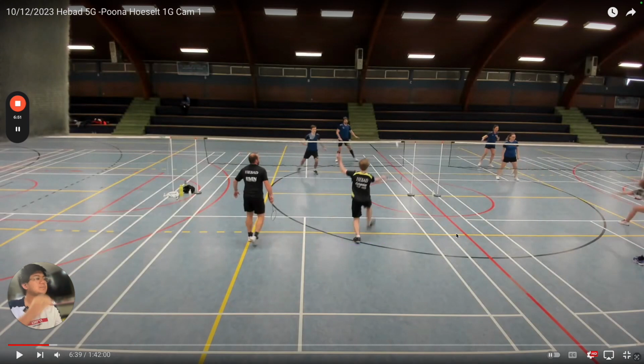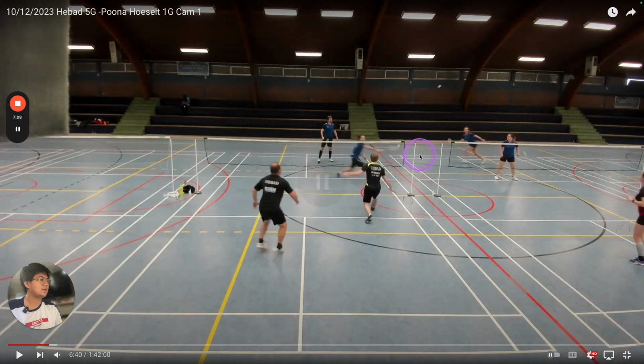So here, I wouldn't have played this shot just because you're approaching it like a net shot. You're showing very early to this guy up here that you're playing a net shot. If it were me and my rear partner played a block and then I saw the opponent just running up like this, I would have already ran up and tried to kill it, right? So this is quite good quality, but because he knows it's going to be a tight net shot, he's in position, look how high he's taking it.